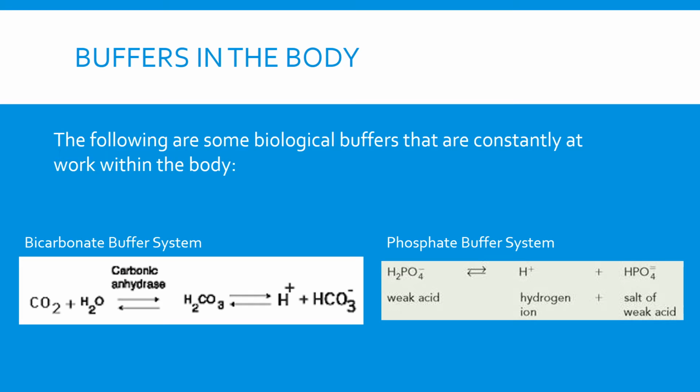We have the bicarbonate buffer system and the phosphate buffer system. To understand how buffers work, we must first understand Le Chatelier's principle. Le Chatelier states that if a dynamic equilibrium is disturbed by changing the condition, the position of equilibrium moves to counteract that change. In the bicarbonate buffer system,